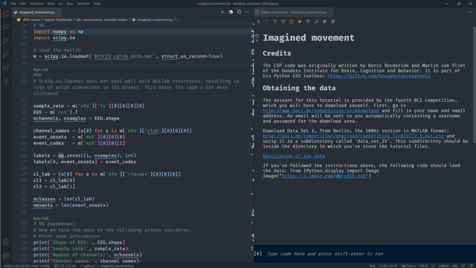So whenever we imagine limb movement, we can observe mu activity suppression in EEG data around 8 to 12 Hz, also including the beta region, 8 to 25, 30 Hz actually. So today we will work with one of the popular Motor-Imagery BCI datasets that is available online as part of the BCI competition. The dataset for this tutorial is provided by the fourth BCI competition, which you'll have to download